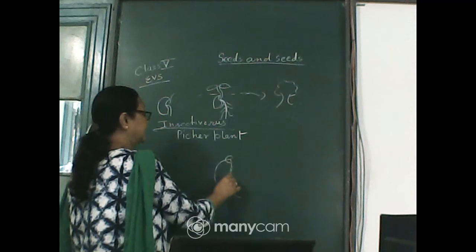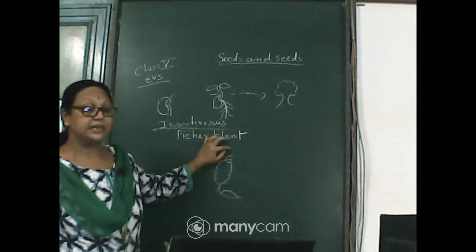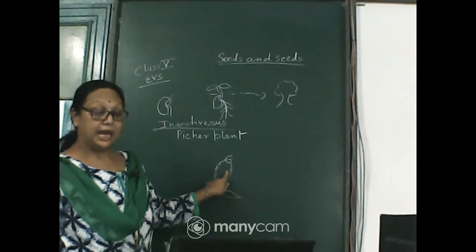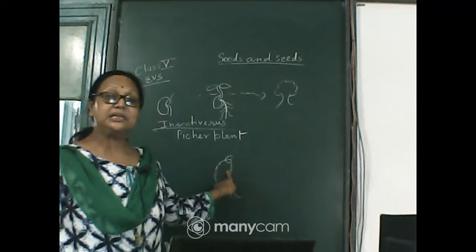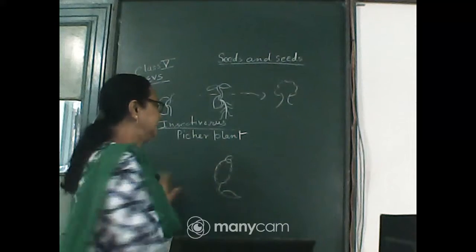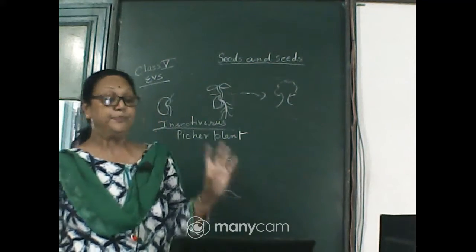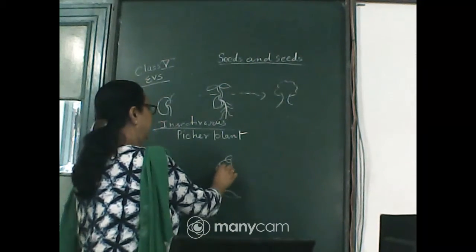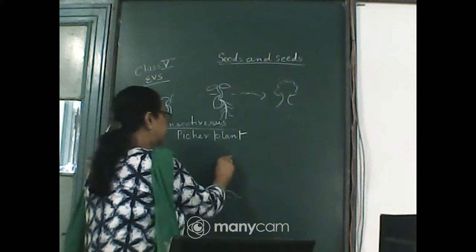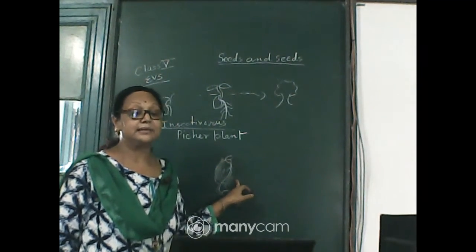On the wall of this pitcher plant you can see there are so many hairs, and if any insect sits on this pitcher, it slides and gets trapped inside the pitcher. Once it is trapped inside the pitcher, we can see that digestive juices are secreted from the wall of this pitcher, and the insects which are trapped here are digested, and the plant traps their minerals.